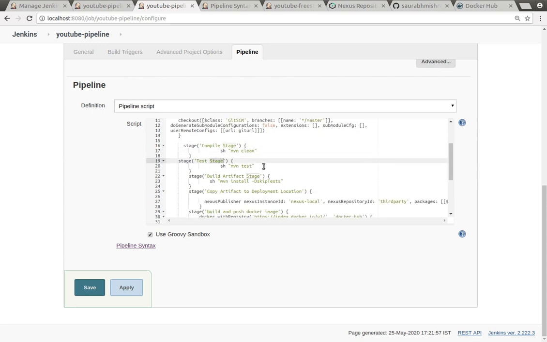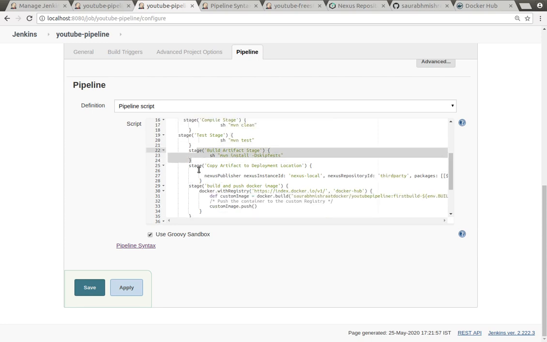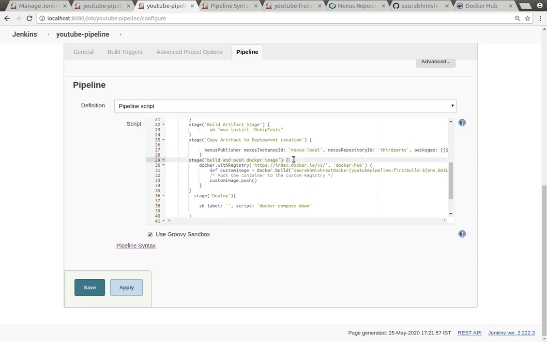After that, test. I'm doing a run of Maven test. Then Maven Artifactory build, I'm doing it here. Then pushing it into the Nexus repository, which is kind of a third-party repository. Again, I'm pushing it into this one, the Nexus repository. Then finally, I need to publish this Docker image. So where exactly do I want this Docker image to be published? You can see that this is the Docker image, and this is the repository URL.